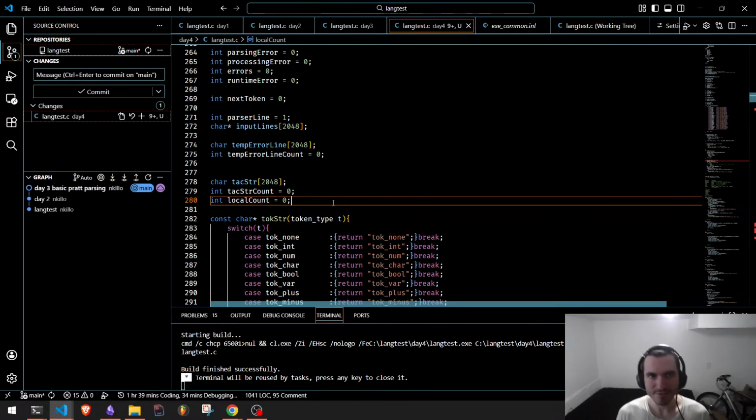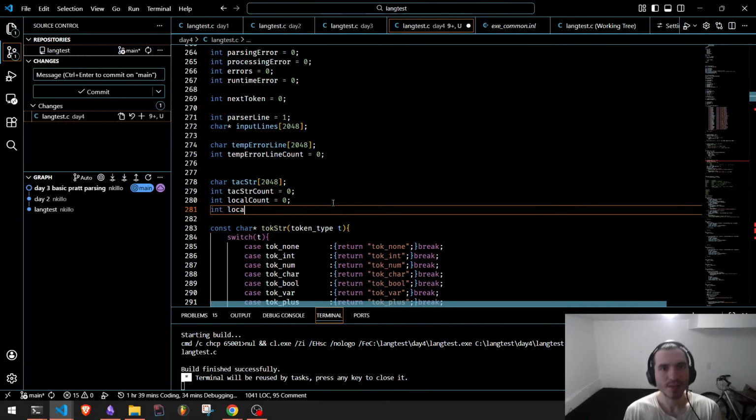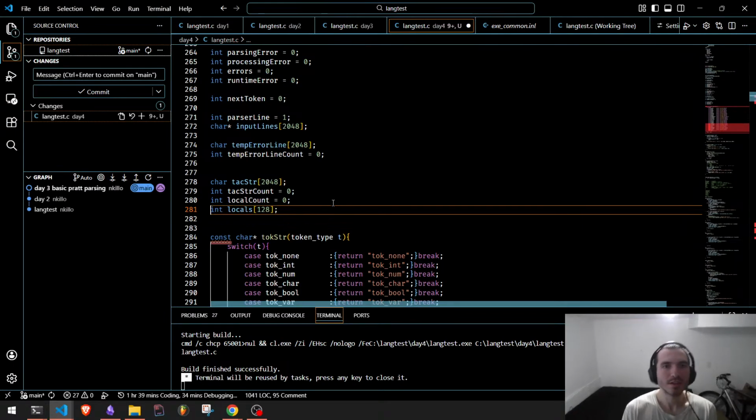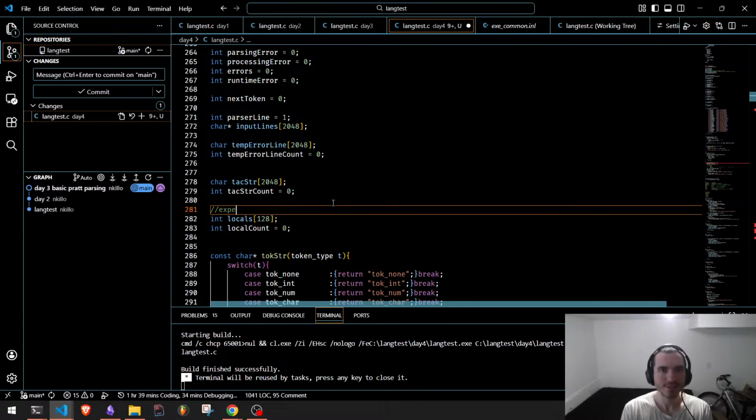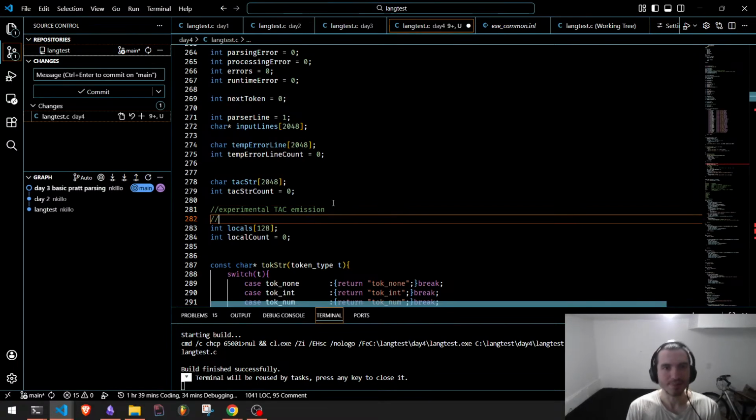Guess we could have locals. It's like just have up to 100 locals. And these will just store integers for now. Experimental TAC emission, variables can only be integers